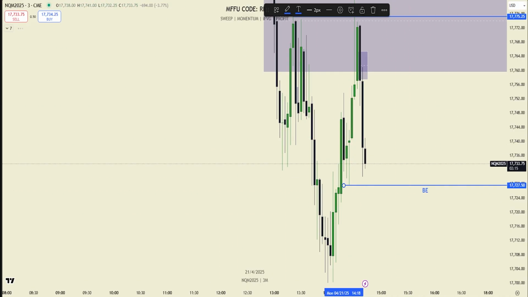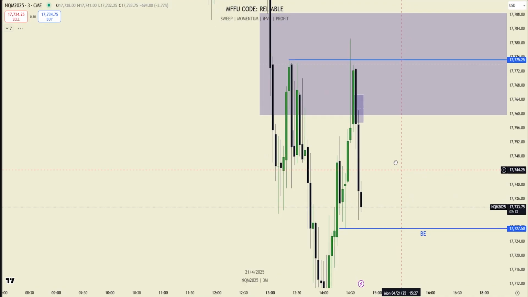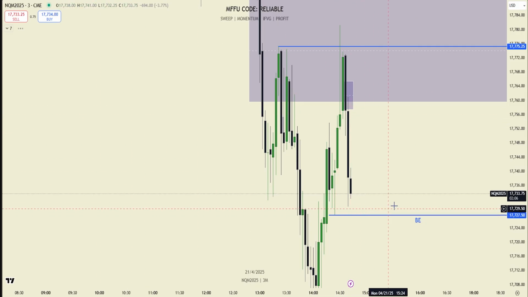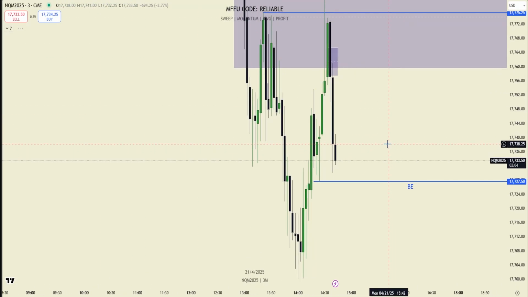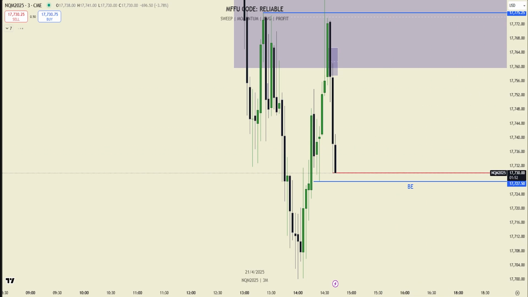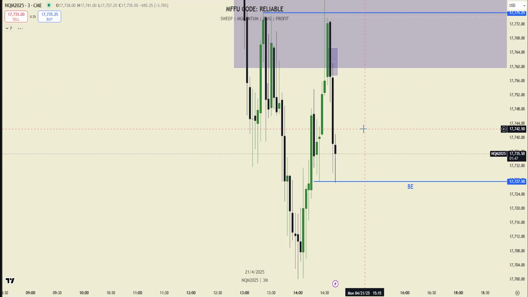You don't really need the 5 minute close, based off of the reaction we got to sweeping the high, the fact that we're disrespecting bullish PD arrays now, putting in bearish ones, good momentum to the downside. Singular candle inverse through the 3 minute there. So you don't really need the 5, but it's an added confluence, right? So there's the break even for the 3 minute. Probably just going to be a break even trade.